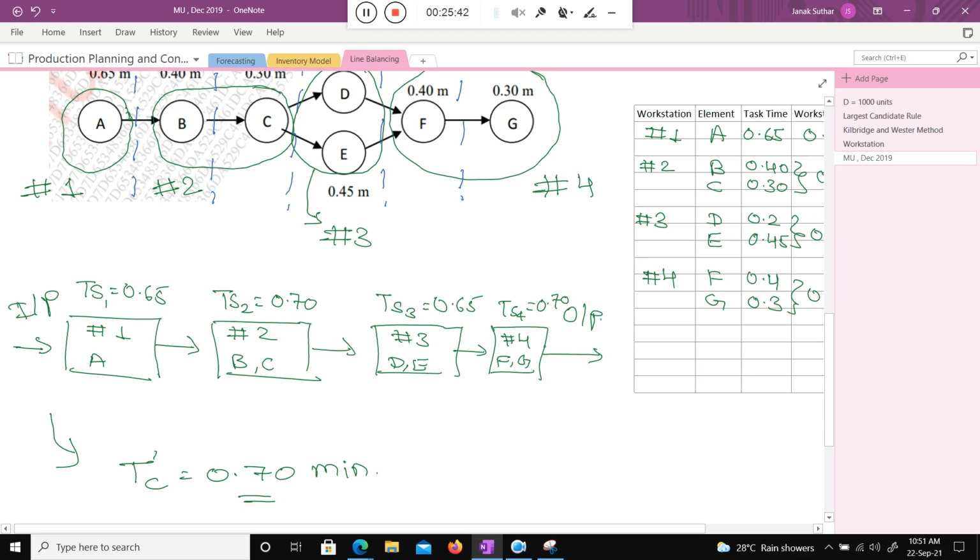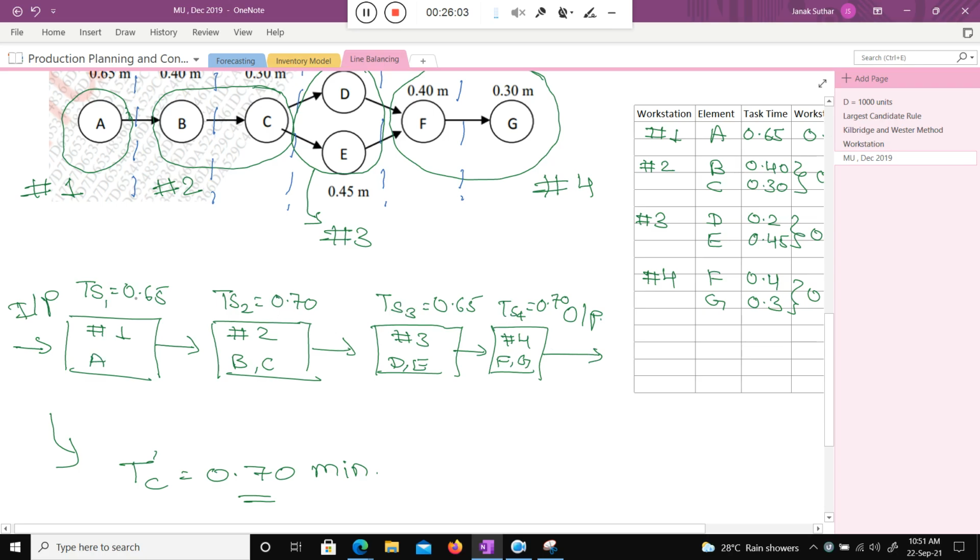No, no, no, again you are missing. Here it is 0.70. Why? Because just assume I completed this one, which takes 0.65. Then the next takes 0.70. Then 0.65. Then 0.70. And then I will get the output.